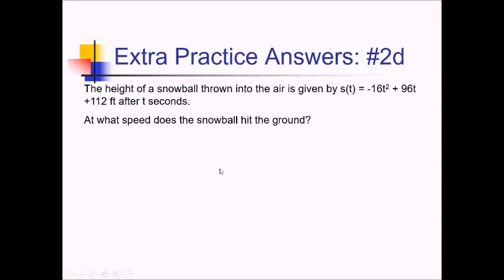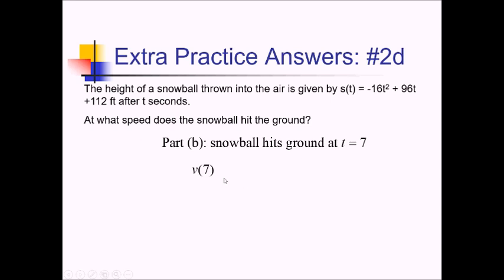For this part of our problem, we want to know at what speed does this snowball hit the ground. So recall from part B that we found the time the snowball hits the ground. That was 7 seconds. So we basically need to plug 7 into something to give us the speed. Now speed is the absolute value of velocity. So if we find the velocity at time 7, we just need the absolute value of that to get the speed. So velocity, again, that's going to be